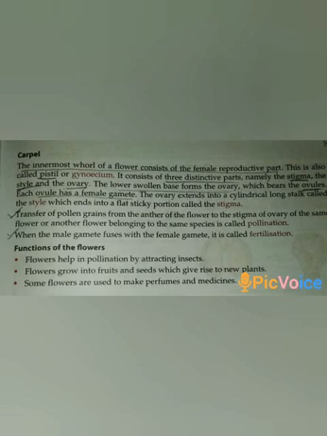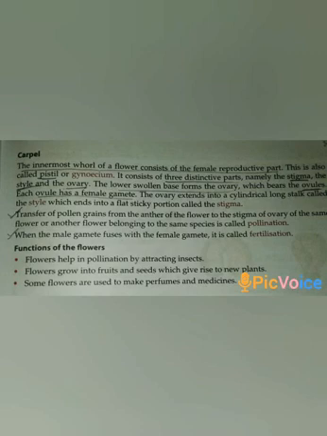It consists of three distinct parts, namely the stigma, the style, and the ovary. The lower swollen base forms the ovary, which bears the ovules. Each ovule has a female gamete. The ovary extends into a cylindrical long stalk called the style, which ends into a flat sticky portion called the